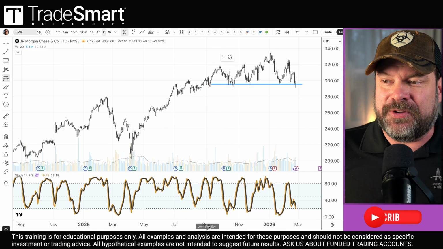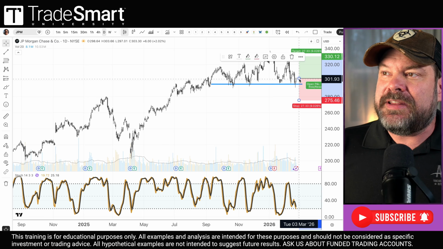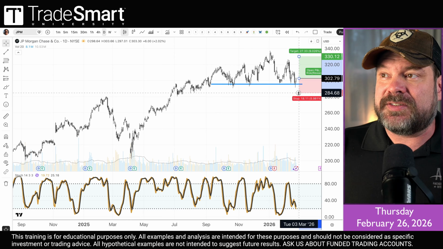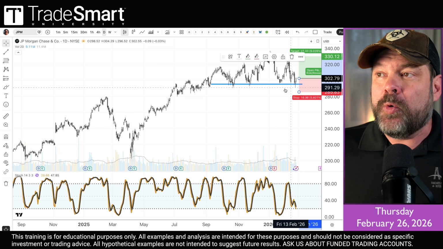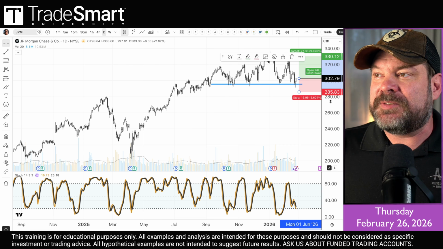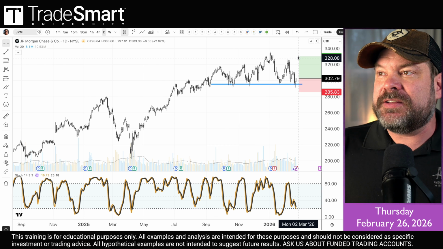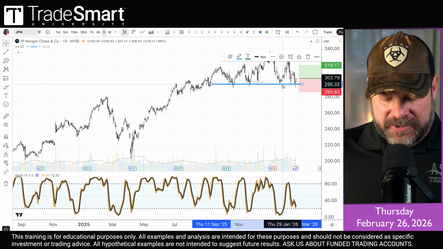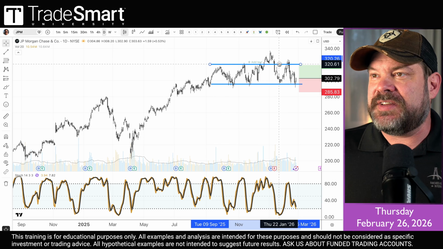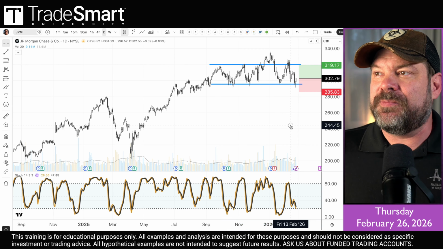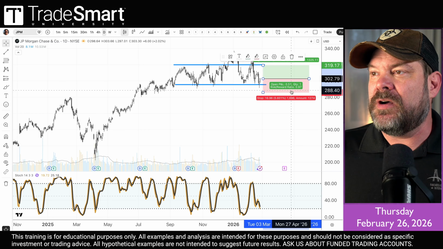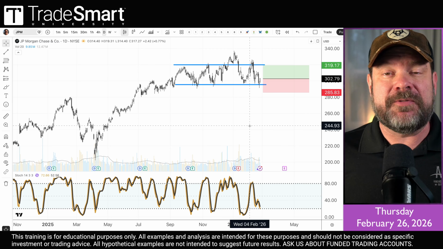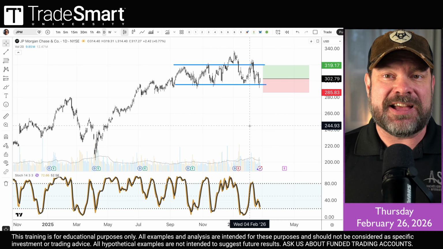In case we don't talk before then, let me just put some numbers on here. I would get into this trade around $302 or so. You could get in a little cheaper if the stochastic dips lower. I put my stop down below these wicks that dip below our support line there. So that's about 285.83. And then our target's going to be back up here at recent resistance. I wouldn't be too aggressive with it. There's another line right here that's acting as a resistance. And so I'd be thinking about getting out of my trade as you're approaching that resistance. That looks like about a 1R trade, just shy of a 1R trade, which if you're trading a full R on one of our funded trading accounts, that'll be $250 cash in your jeans.